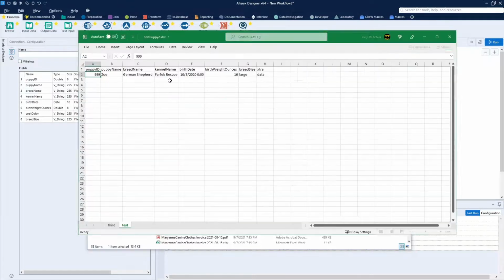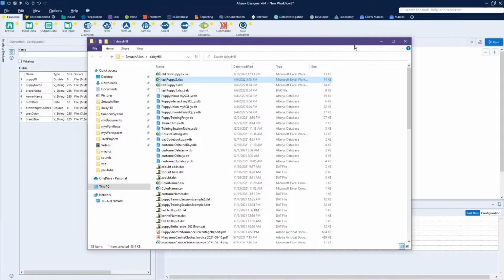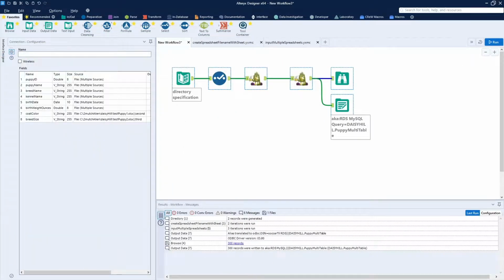Open that up very briefly, and you can see I added a second tab in there, or a second sheet, that has this extra column on it. If all works well, this column will not cause us problems. It will simply be ignored, and the answer is yes, it will ignore it, because through the dynamic field processing or unknown field processing that Alteryx can handle, it will simply add it into the do not map column of this. So simply running it here,